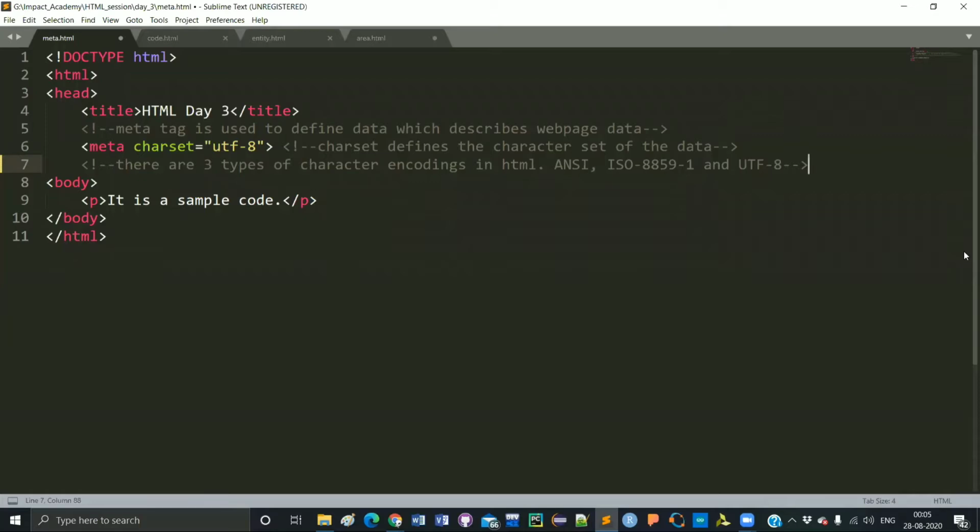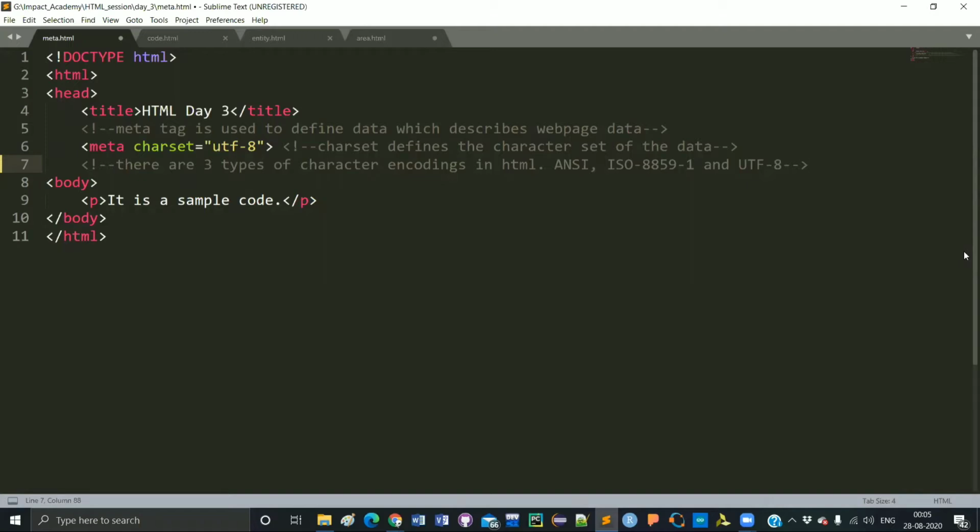Today we are going to start with the meta tag. What is the purpose of this meta tag? This meta tag is used to define the metadata. What is metadata? Metadata means data about data.